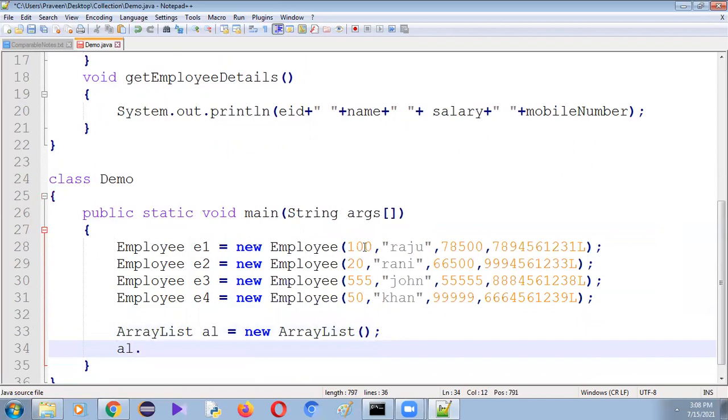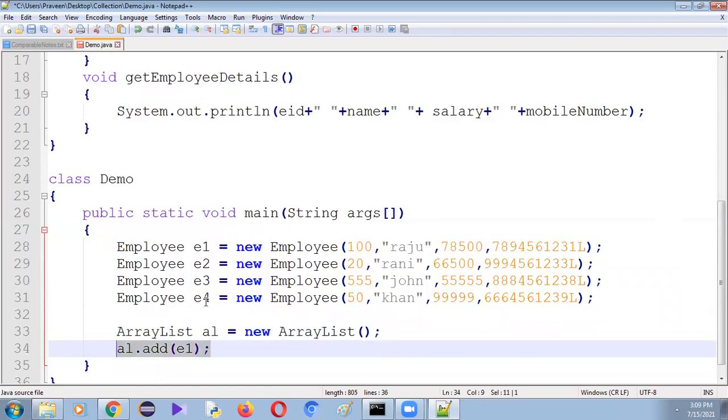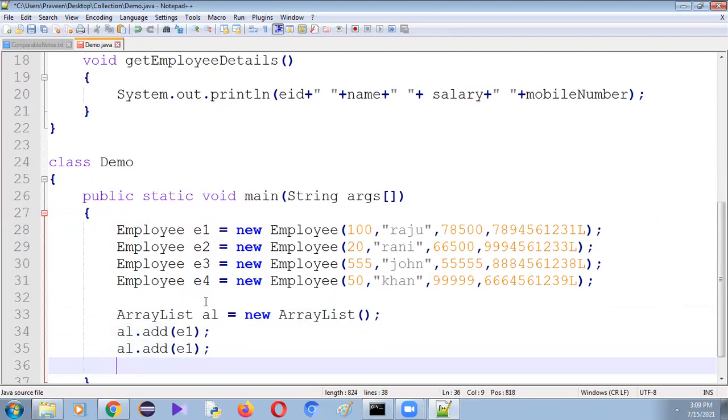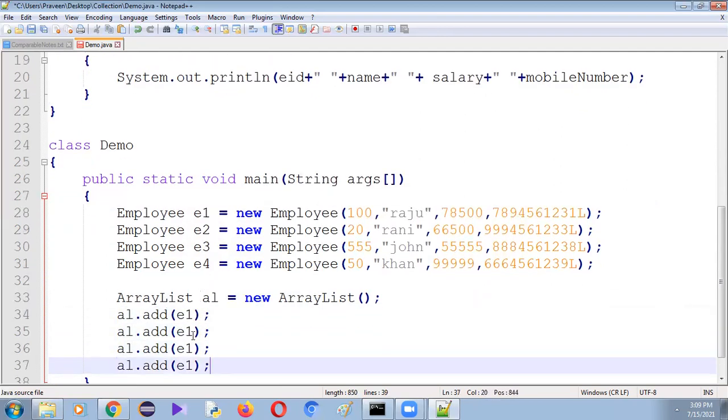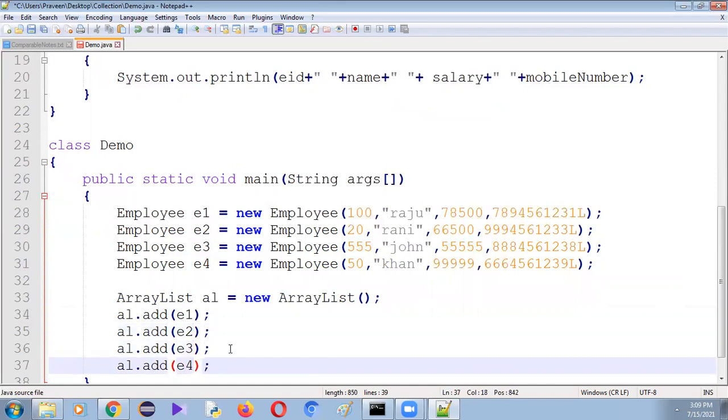Now after creating this ArrayList, we have to add the objects. Which type of object do we have to add? Employee objects. Which method do we have to use? The add method. al.add(E1). In the same way, let me add the remaining elements: al.add(E2), al.add(E3), al.add(E4).